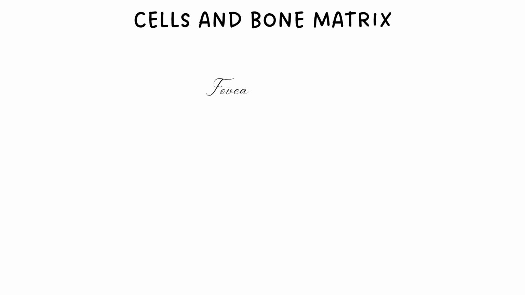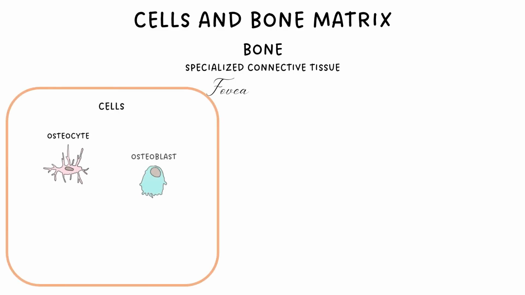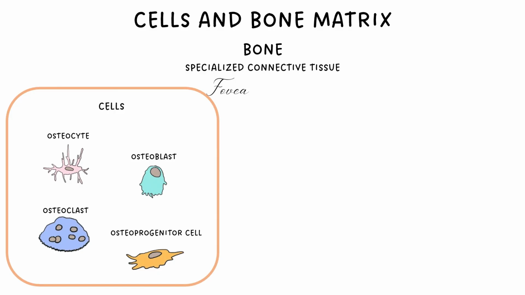Bone is a specialized connective tissue in which the extracellular components are mineralized. This provides hardness and strength while maintaining lightness. Bone tissue consists of 4 types of cells: osteocytes, osteoblasts, osteoclasts, and osteoprogenitor cells, and of an extracellular matrix, composed